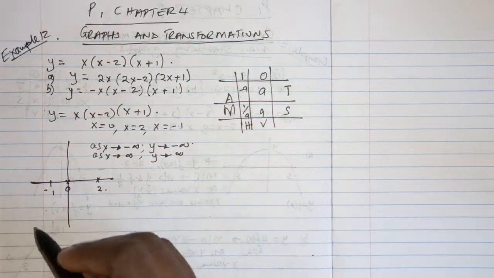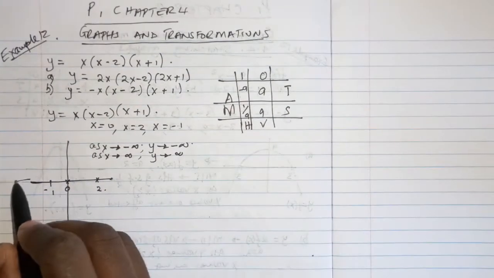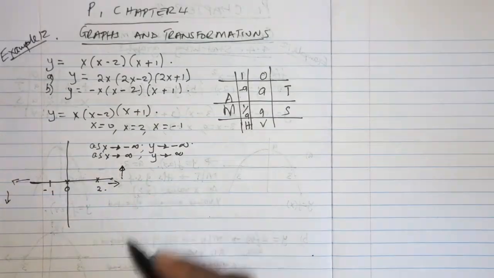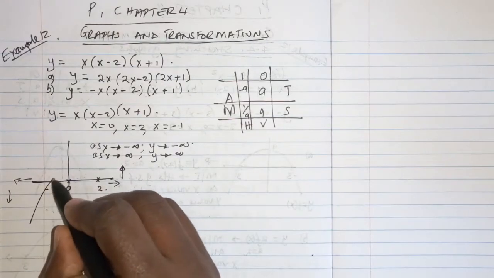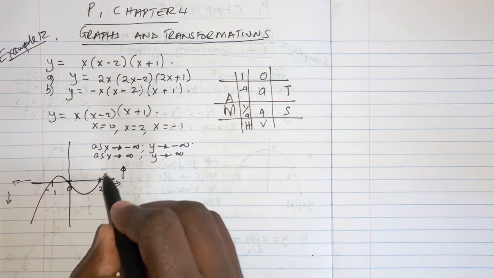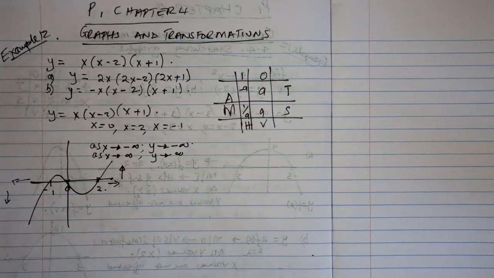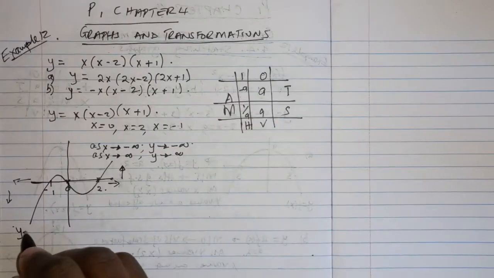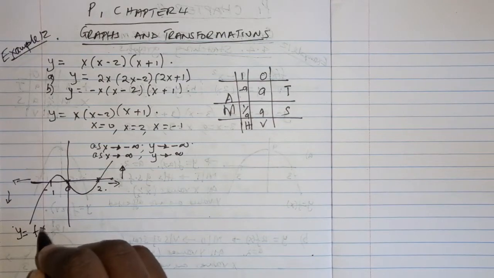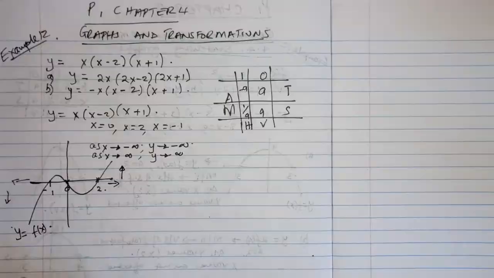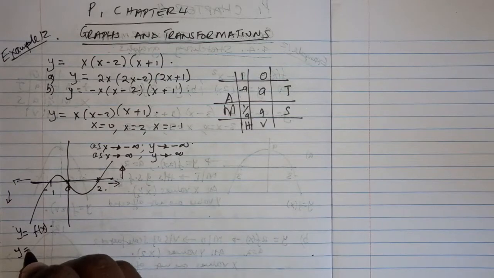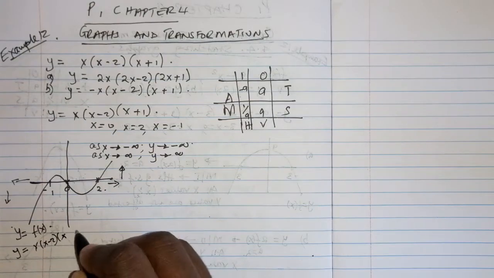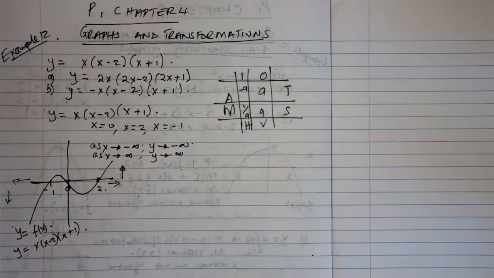So our graph, as x tends to negative infinity, y tends to negative infinity, and as x tends to positive infinity, y is positive. So our graph just looks like that. And this is the graph of y is equals to f(x), because this is the original, but f(x) has a specific name: y is equals to x(x minus 2)(x plus 1). Now